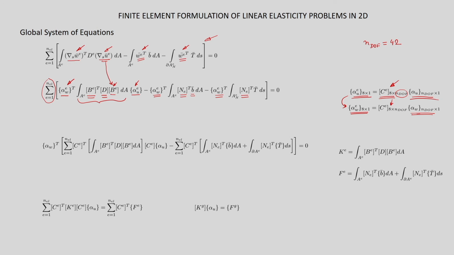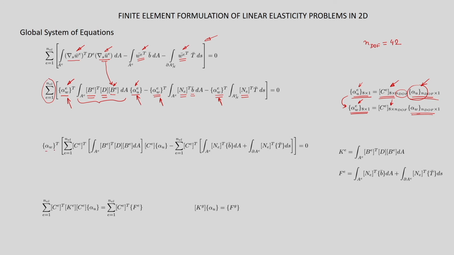Now, once we replace this alpha u's and alpha w in this expression, here alpha w, here alpha w and alpha w here, and alpha u here in terms of the global alphas. So, what we are getting? First of all, since this alpha u is basically the arrangement of the global number, this is independent of an element E. So, now we can take this outside the summation sign.